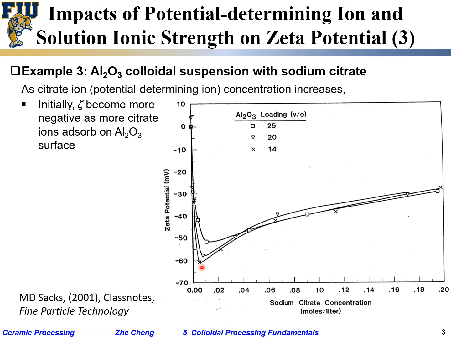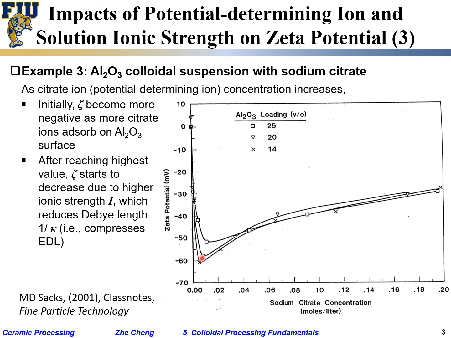But then, as we keep increasing the sodium citrate concentration, what is going to happen? The zeta potential absolute value decreases, or it becomes more positive again, because of the so-called ionic strength. You have too high a concentration, too high an ionic strength, and too high ionic strength is going to squeeze the electrical double layer, and that effectively decreases your zeta potential,